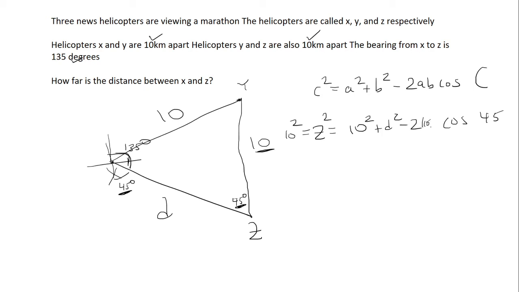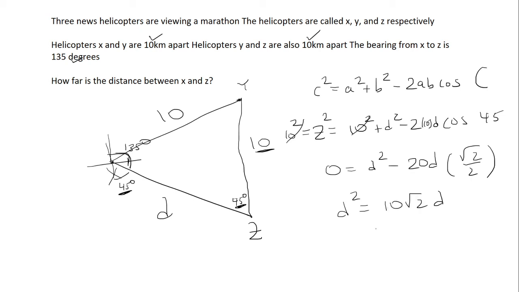Minus 2 times 10 times d. So the 10 squares are going to cancel. I get 0 is equal to d squared minus 2 times 10d, so that's 20d. Cosine 45 is root 2 over 2. So I'm going to bring the d squared to the other side, so I get d squared equals 10 root 2d. I'm going to divide both sides by d to get 10 root 2,